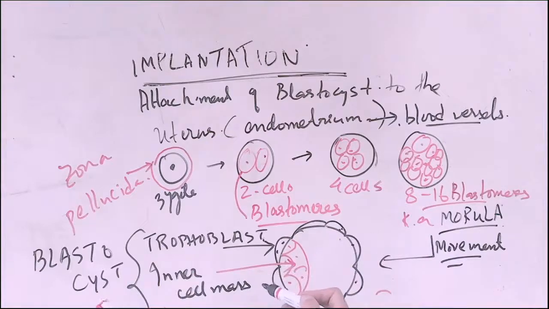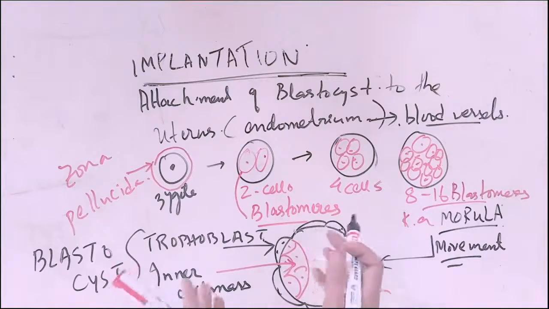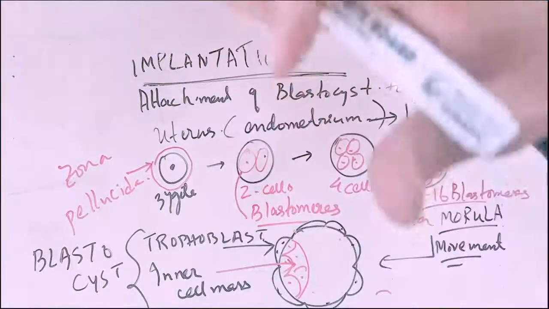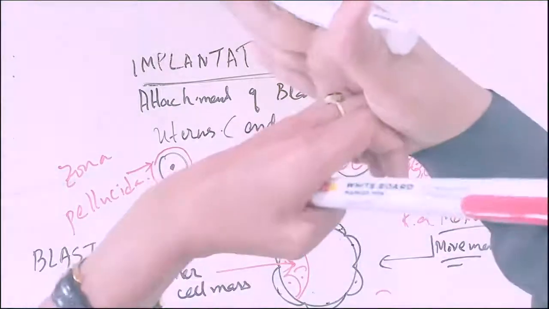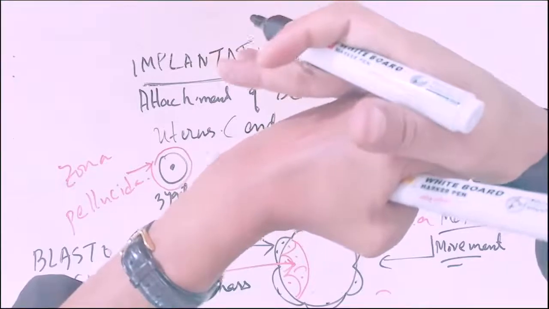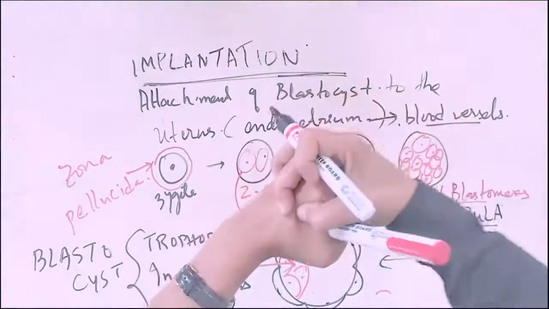The inner cell mass, and then this inner cell mass will become the embryo. The trophoblast will start having these finger-like projections, and then they start to fuse with the uterine wall, the endometrium. If this is the uterine wall, then they will try to move inside, the trophoblast layer, and then they go and embed, and then it will be inside like this. Clear? It will be inside like this.